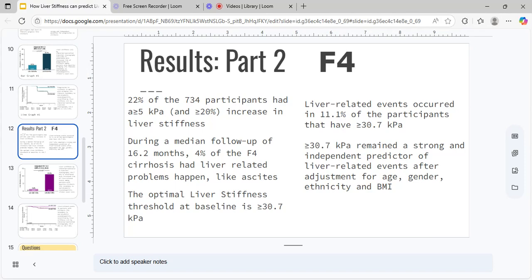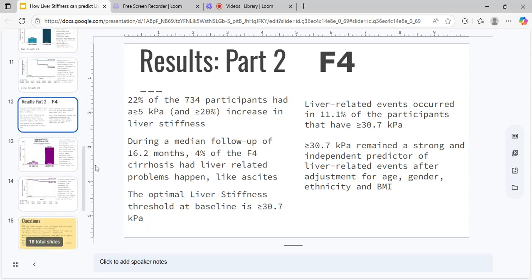During a median follow-up of 16.2 months, 4% of the F4 cirrhosis patients had liver-related problems happen, like ascites. Like I said in the other slide, we talked about ascites. Those are many symptoms and things that happen during cirrhosis. That liquid buildup in your liver is one of the main symptoms of cirrhosis. So to have that liver-related problem happen is huge,